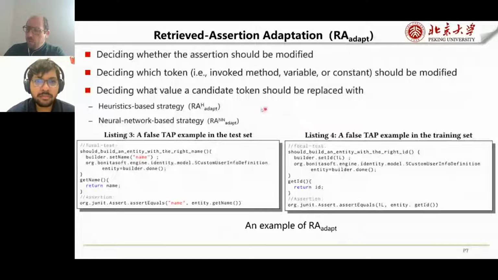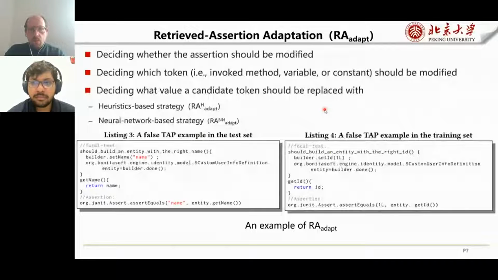Then Adapt decides which token should be modified. Adapt considers a token that is absent from the input focal plus test method as a candidate token for modification. Finally, Adapt decides what value a candidate token should be replaced with.